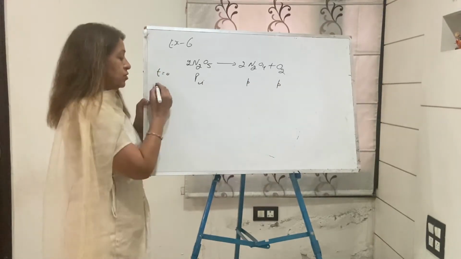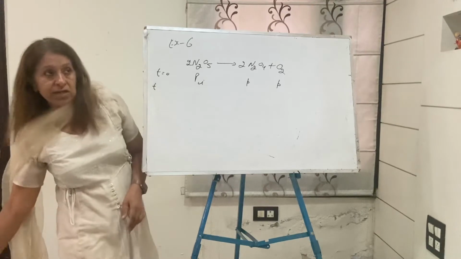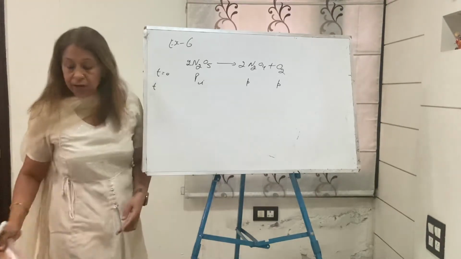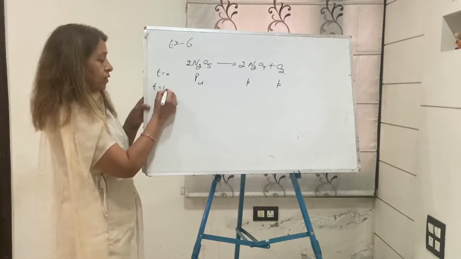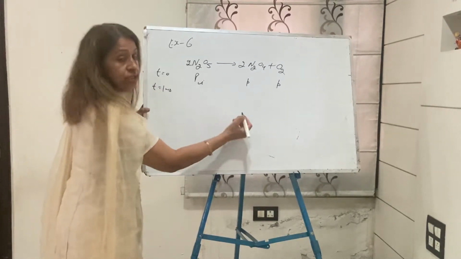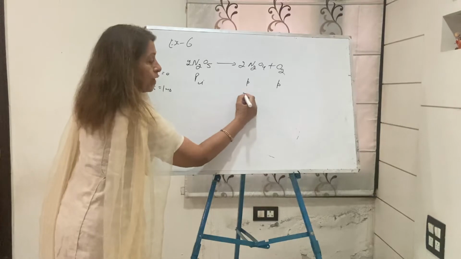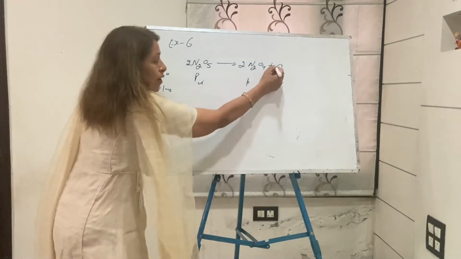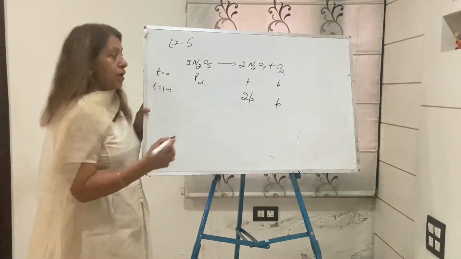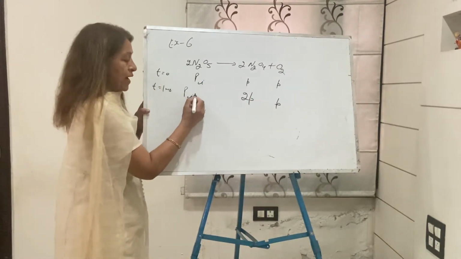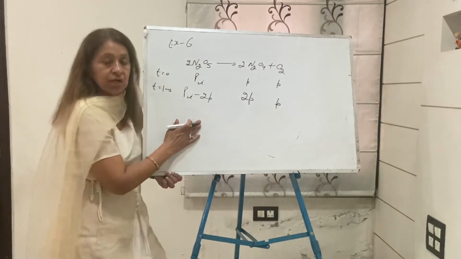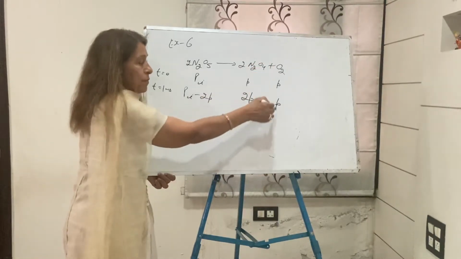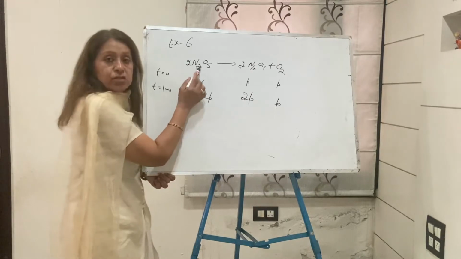And what time is given after that? You can check the timings given in the set. It is 100 seconds. You write 100 seconds. After 100 seconds, you check, it is 2 moles, so you write 2p. This is the difference. Here it is 1 mole, it is single p. Here it is 2 moles, it is Pi minus 2p. So it is very much clear now. It's 2p, it's p, it's Pi minus 2p.